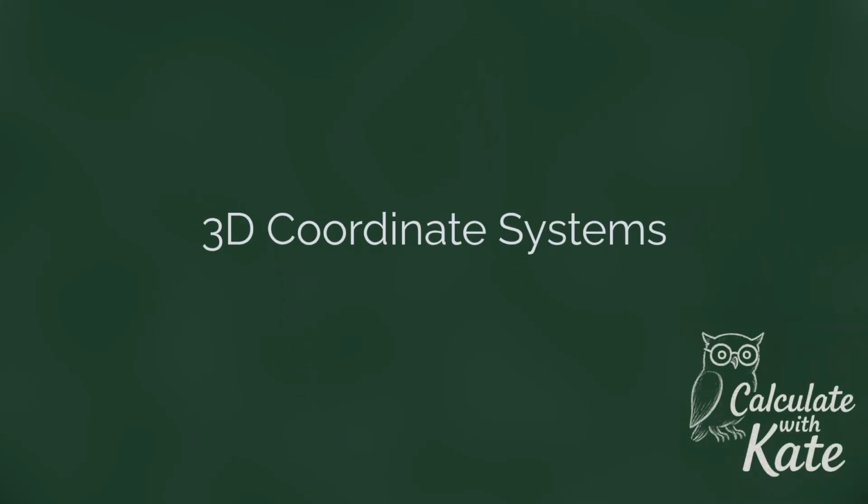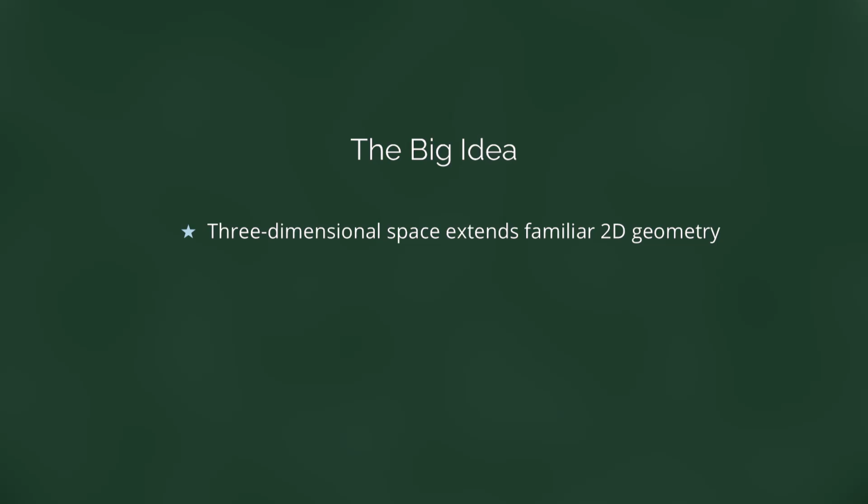Over the next few videos, we're going to expand some of the ideas we've seen in 2 dimensions to 3 dimensions. In order to do that, in this video, we'll take a look at some fundamental ideas we need within a 3D coordinate system. We'll see in this video that we can extend familiar 2D geometry into 3D. In particular, we'll look at what both points and vectors look like in 3-dimensional space. We'll also examine some simple planes in that space, and we'll look at expanding the idea of circles from 2D